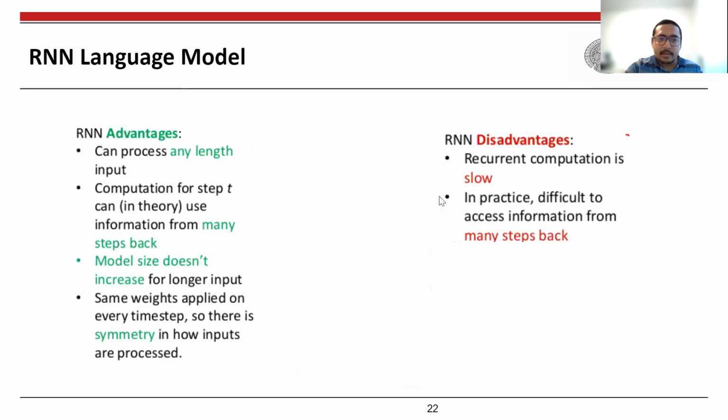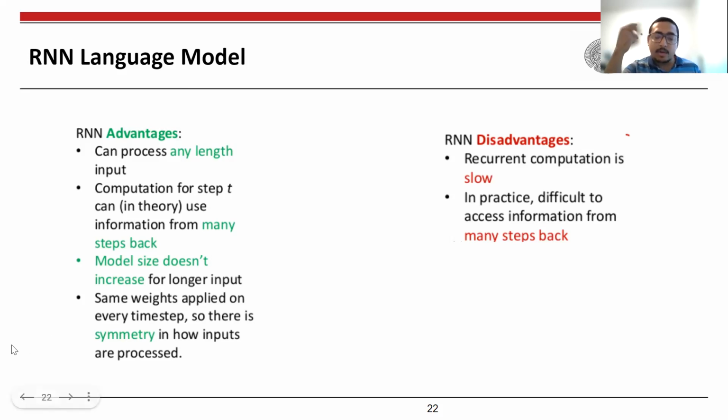So what are the clear advantages of this? Theoretically, of course, practically there are problems, but theoretically it can process a sequence of any length, without increasing the number of weights. Like in the previous case, to have a longer sequence, you need to increase the capacity of the model. But here, theoretically, without increasing the capacity of the model, you can deal with bigger sequence lengths. So that is one of the interesting things that this model provided.